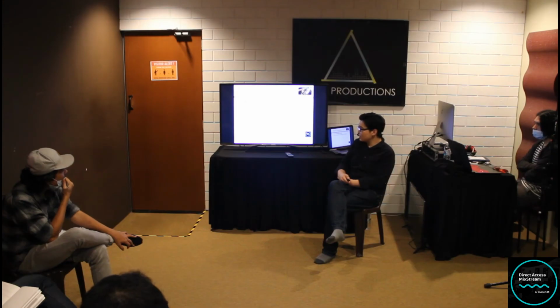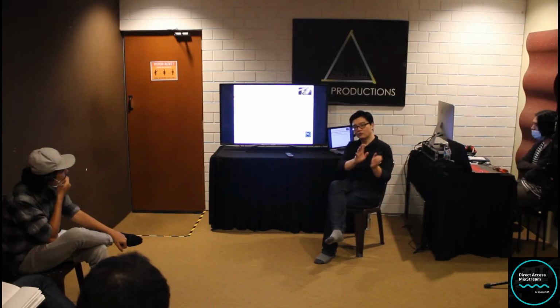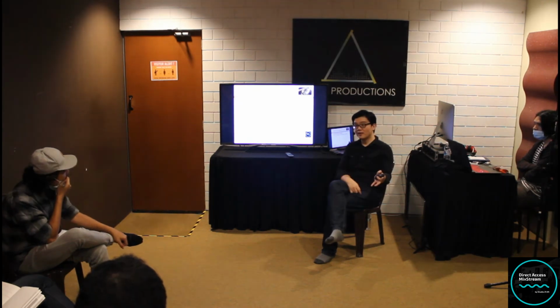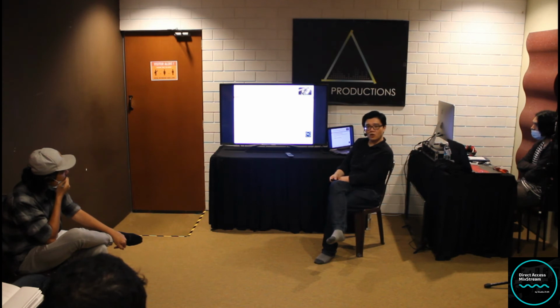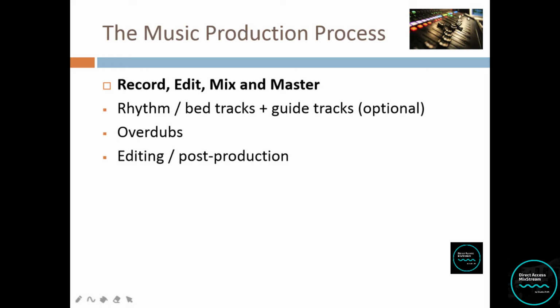Now next we'll be going to overdubs. The term overdub here means that you have existing tracks, and then you are recording, overdubbing on top. So basically, today we do our drum tracking session, and then next week we will be doing the bass overdubs. Once all your recording is done, once all the overdubs are done, this will be the editing and post-production process, once the musicians have already gone back and recorded all their parts.